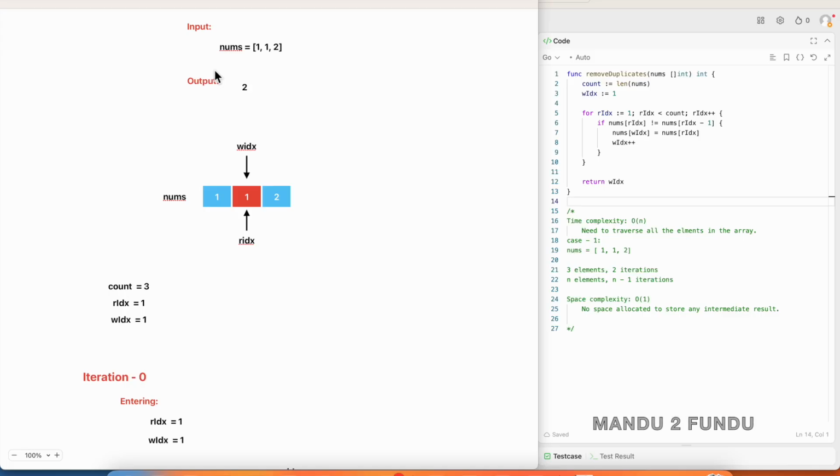We are given input array nums with 3 elements 1, 1 and 2, and we have to return the number of unique elements in that array, which is 2. So the expected output is 2. First we initialize the count with the length of the input array. So the count is initialized with 3, and the read and write indexes are pointing to the second element in